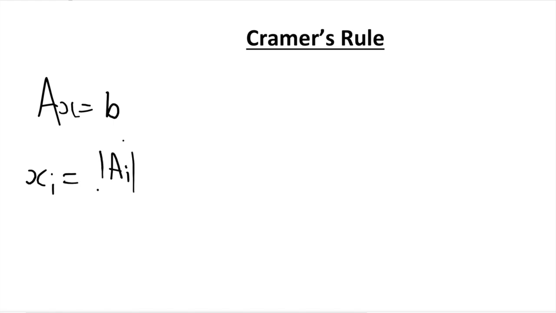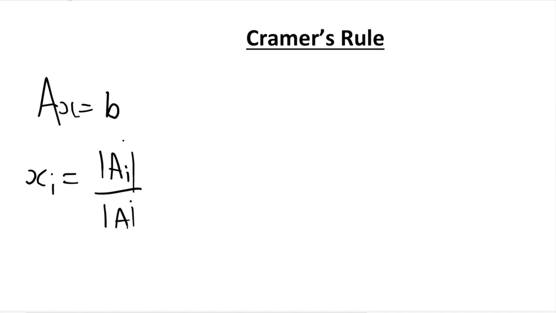Okay, so in this video, I am going to talk about Cramer's rule. Cramer's rule is just another way to solve the equation AX equals B, where A is a matrix and X and B are vectors. Cramer's rule essentially says that the ith solution, xi, is equal to the determinant of Ai divided by